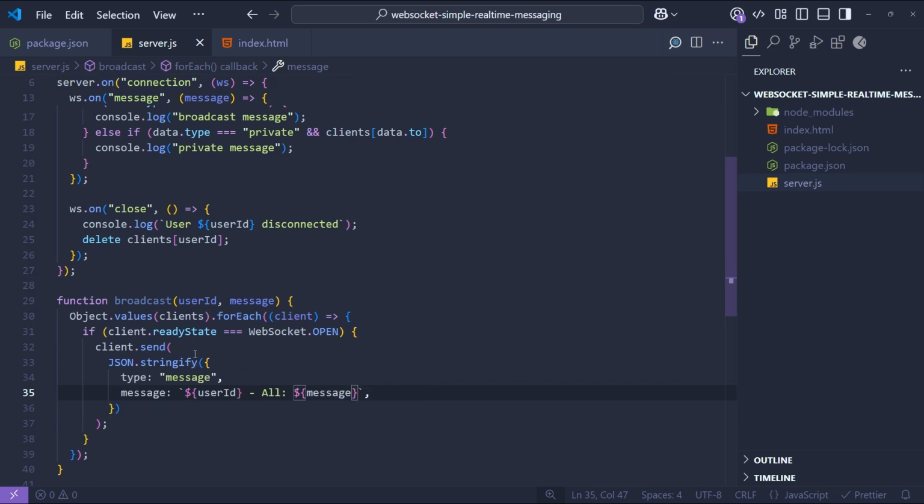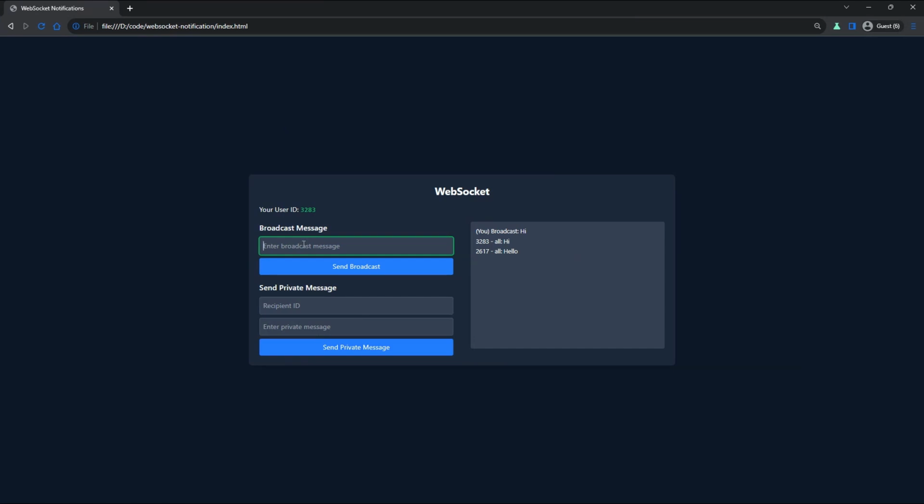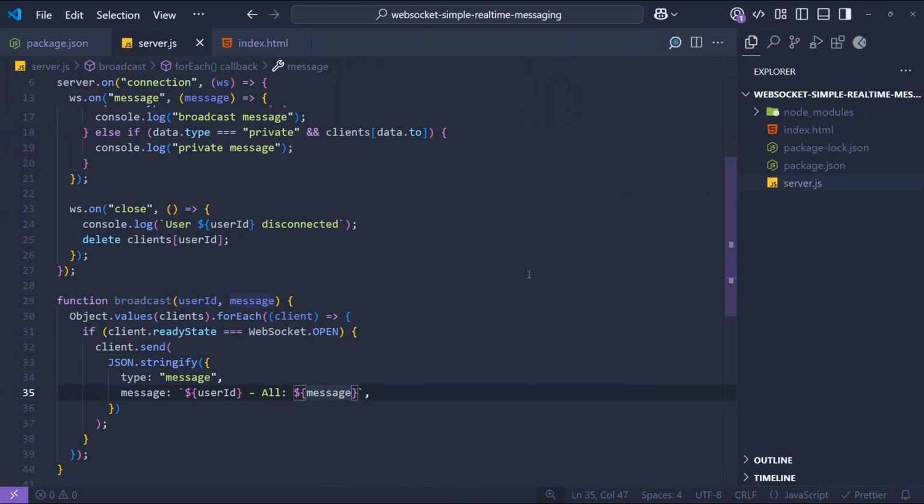So this loops through our clients and it sends to all the users, and we can also make sure that we are not seeing it ourselves, right? So in the example here, if I send a broadcast, it's also showing to me that the broadcast has been sent, and it's showing to me again as well. So we don't want to send it to me, so we have to filter that out. So yeah, we have to filter that, right? So the readyState and the WebSocket.OPEN is clear, and we also need to check one more thing,